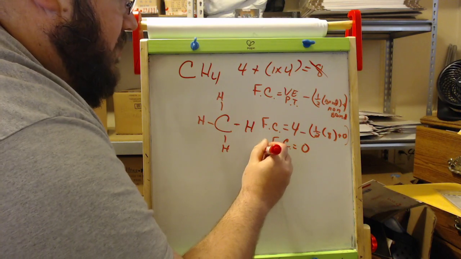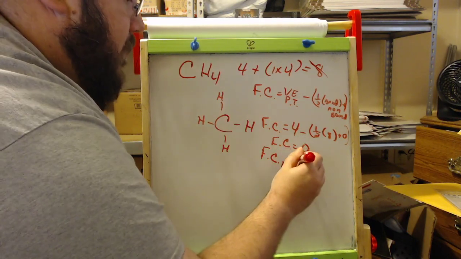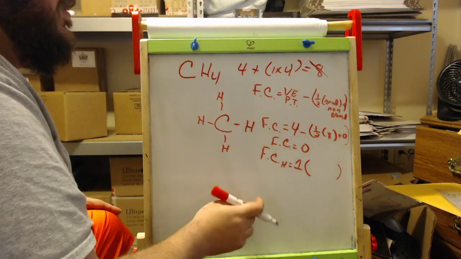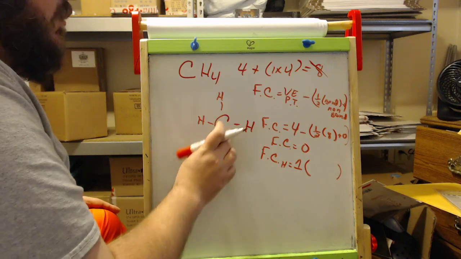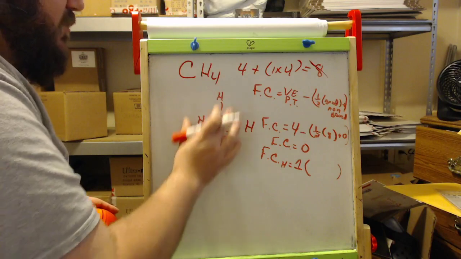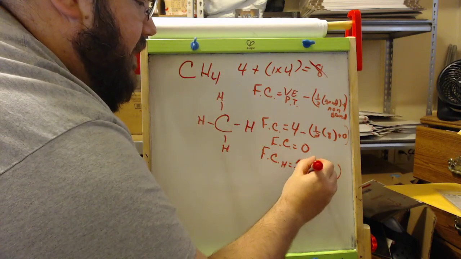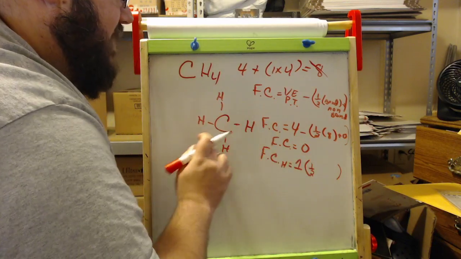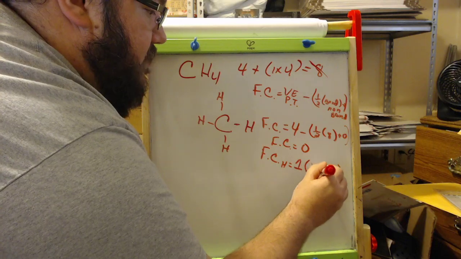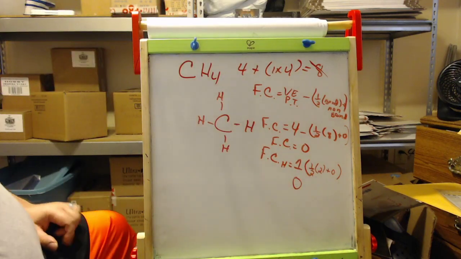Hydrogen's formal charge. Group 1. Now I do this separately. Each hydrogen's the same, so I do it separately and then apply it to the rest. Maybe your professor said all these hydrogens are 4 and do it that way. To me, that's more math than necessary. I look at one hydrogen, say they're all the same, and therefore I do 1/2 of 2 plus 0 to keep my number small, and the formal charge on hydrogen is 0.